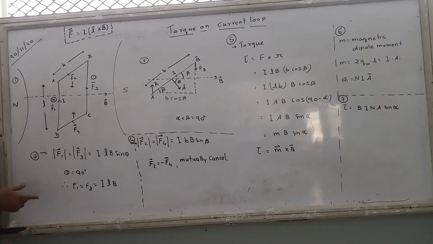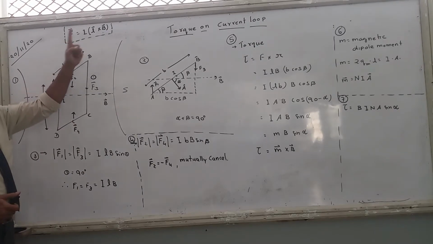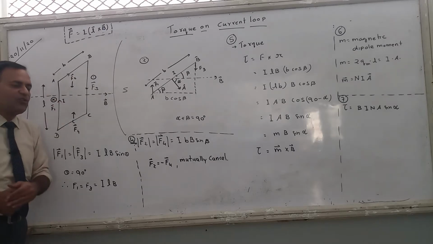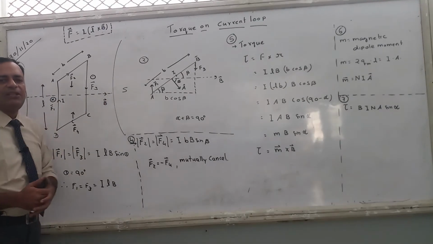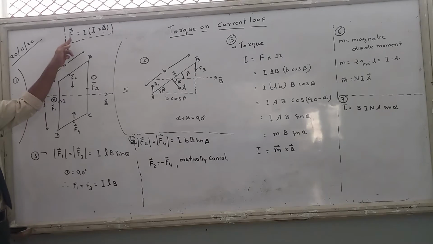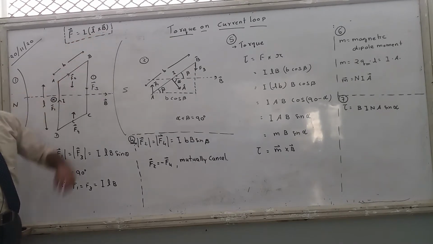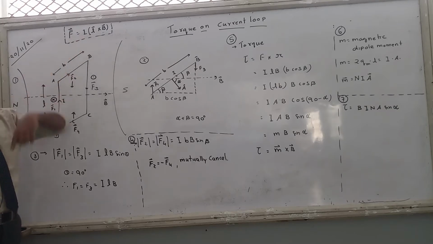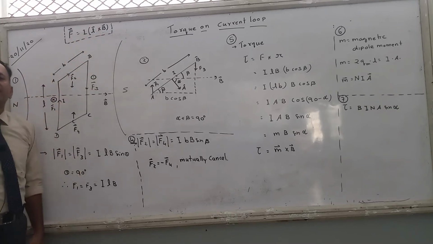Okay, so what do we need over here? The previous thing that you should know is Lorentz force on a straight current carrying wire. आपके पास में एक वायर होता है, स्ट्रेट कंडक्टर होता है, उसको आप मैग्नेटिक फील्ड में रखते हो, तो उस पे कितना फोर्स लगता है? The force on it is I L cross B. What is I? Current flowing through the conductor. What is L? Length of the conductor. And what is B? B is the magnetic field.